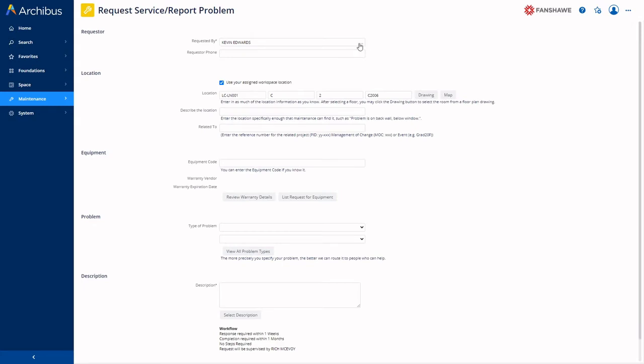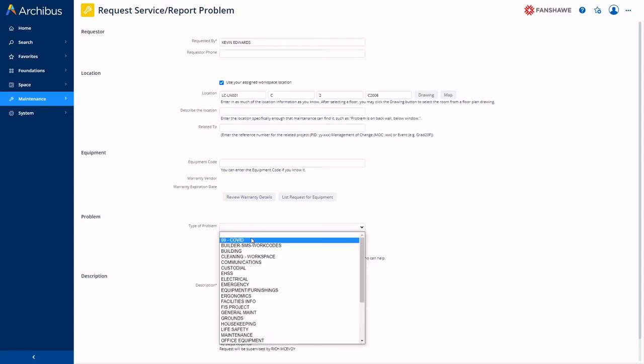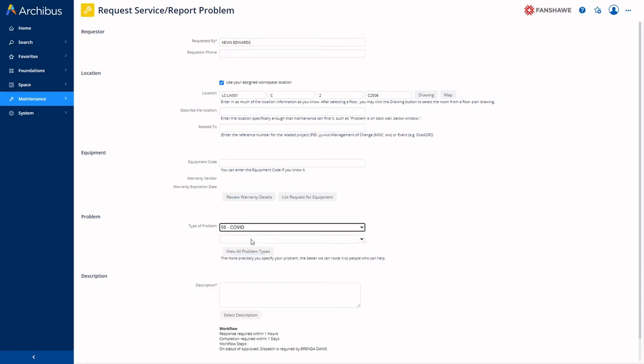On the work request, make sure to complete your requester information, your location. Only complete the related to field if it is to do with a project or an MOC. When selecting the problem type, make sure you select the problem type that most closely fits the problem that you're